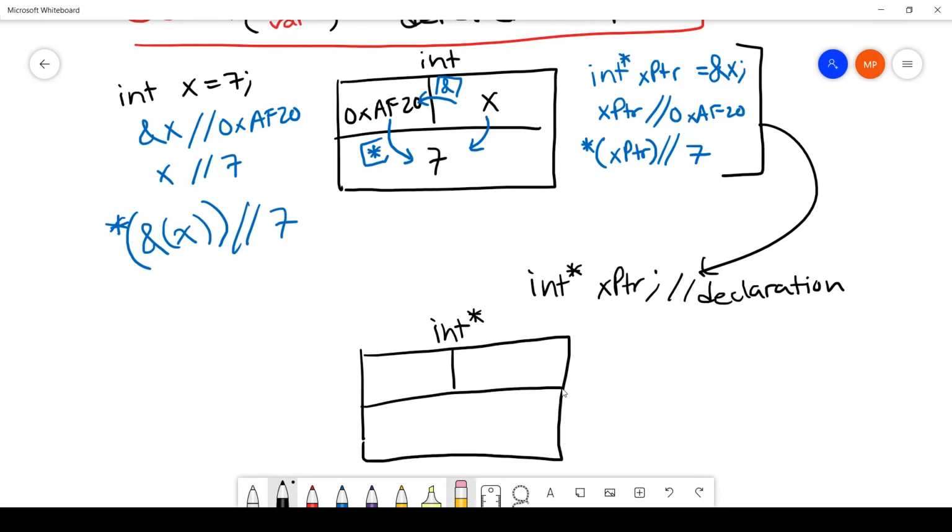And then, of course, pointers are nothing special, though they're really useful. In terms of just their memory cell, they're nothing too special: they still have a variable name. They have a memory address just like everything else. In this case, the variable name is xptr. It can be anything you want. The memory address